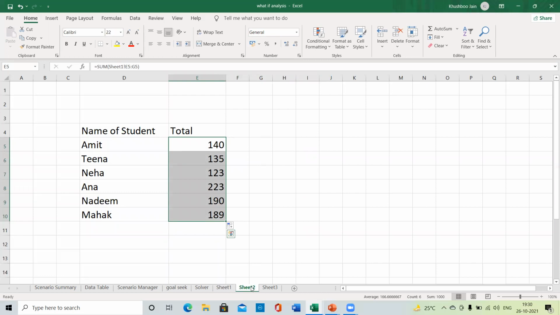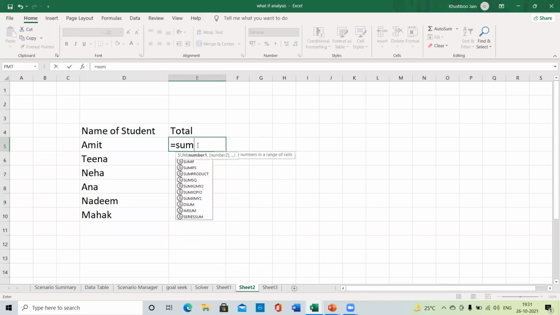You can directly type the formula also. For example, you do not want to use selection, or you do not want to use your mouse. So what you need to do, let me just erase this. What you will do here, you just write the function, and first you need to write in this single inverted comma the sheet. So this is my sheet 1, and close this, then exclamatory sign and the range, right?